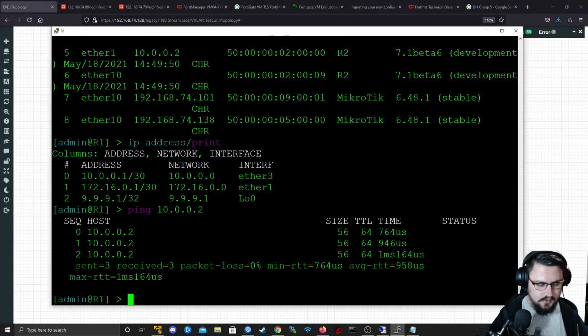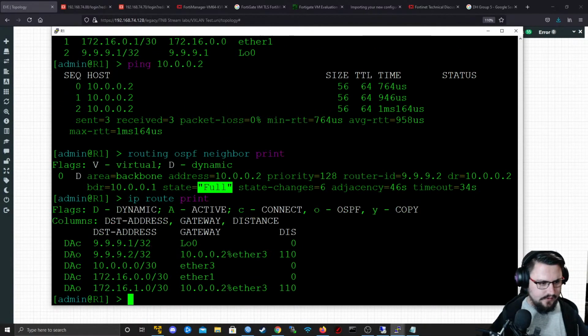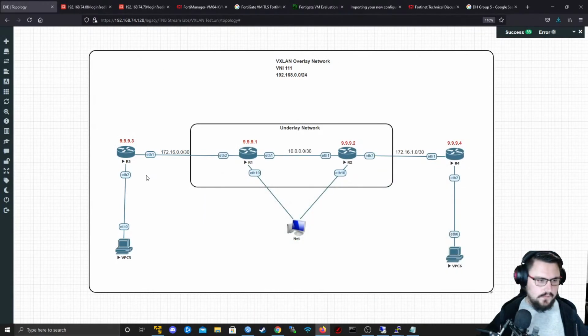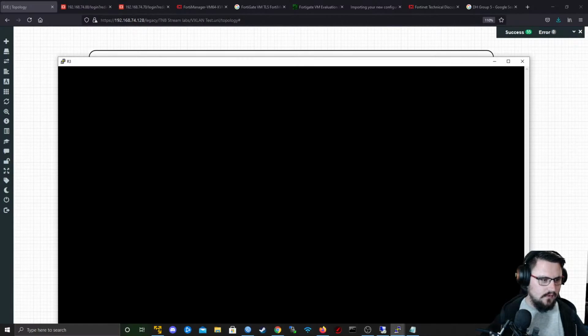Okay, cool. Let's just see, is our OSPF actually working? OSPF neighbor print. I do see a neighbor. I've got a full adjacency. And do I have routes? Route print. I am learning routes. Okay, perfect. Cool. Now let's just quickly set this up on router 3 and 4,